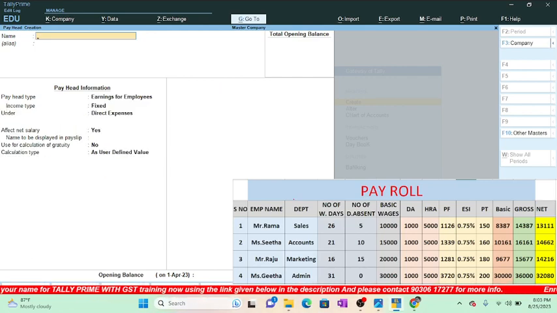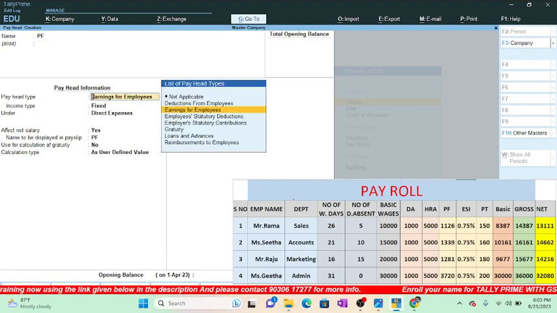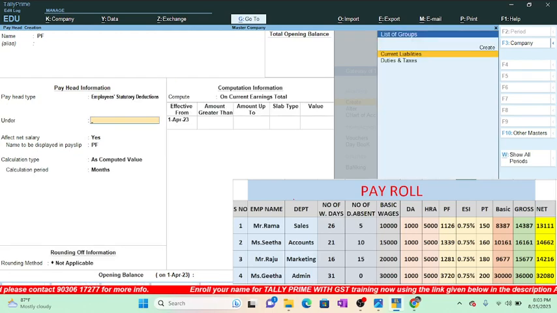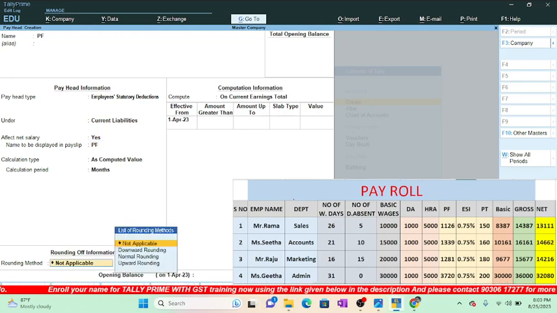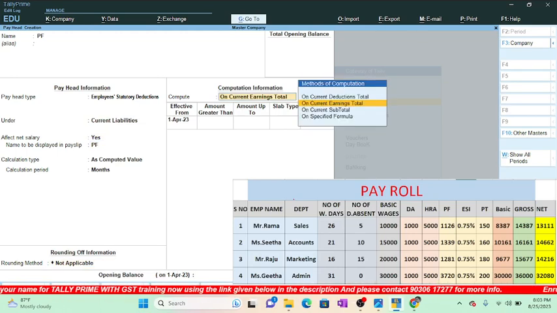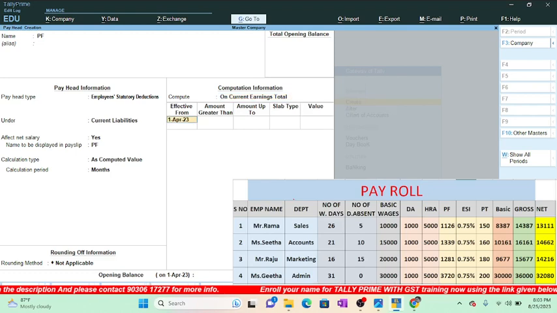After ESI, now I am creating PF, Provident Fund, which is mandatory deduction. So select employee statutory deduction for pay head type, which comes under current liabilities, and the specified formula. Here the specified formula for PF is you can select on current earnings total. Select on current earnings total, then